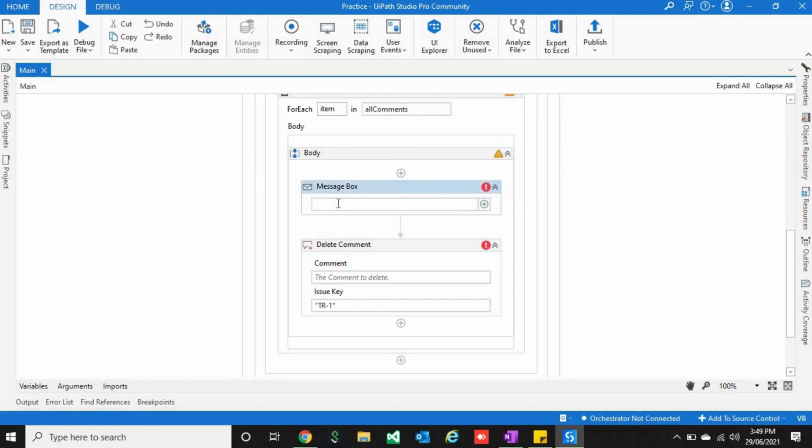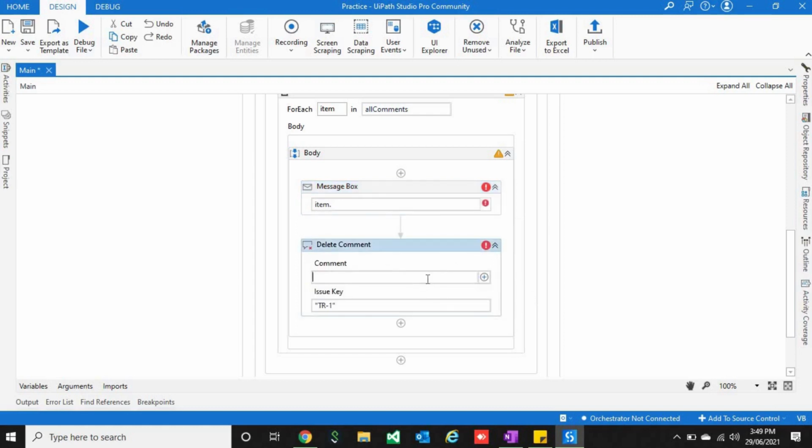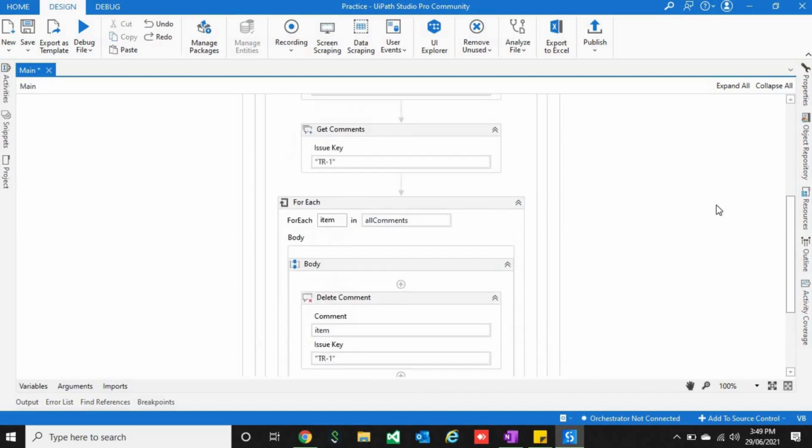Now you can see how you can access all the properties. You can see the author, body of the comment, ID, group level, and everything here, and based on that you can delete the comment. You can just type item here and it will delete the comment. So this is how we can delete the comments.